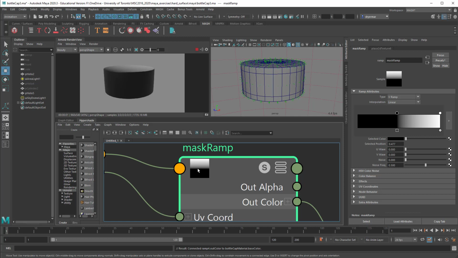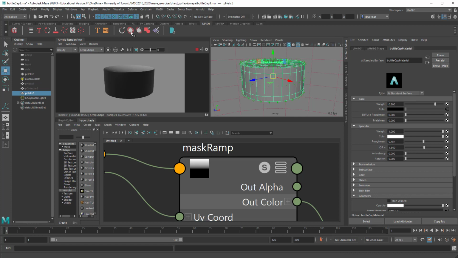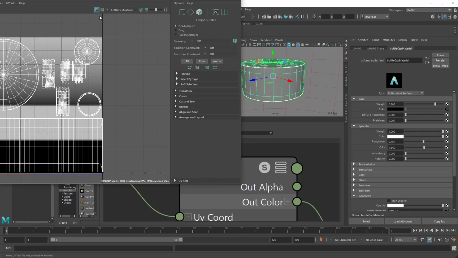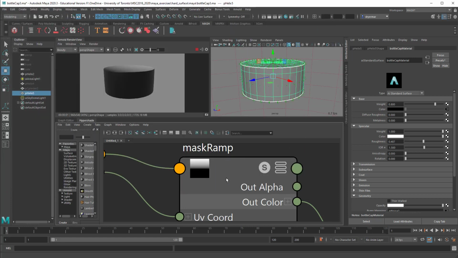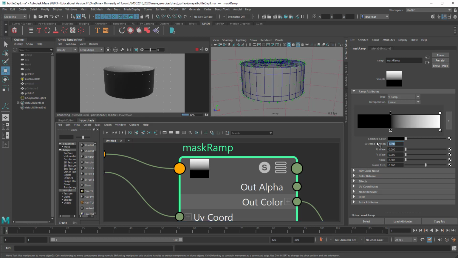So if we took the other ramp and had it occupy this space, then we can use it to limit which part of the UV map is covered by that stripe ramp. So this goes down to about 1, 2, 3, 4. So 40% of the way up here. So I can take this and go to 0.41, let's say. So that's the selected position. And that's where we're going to see